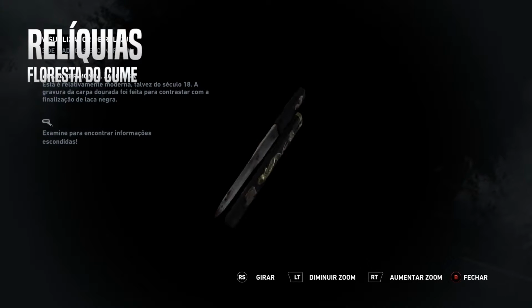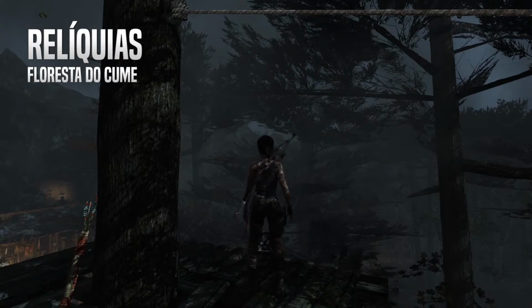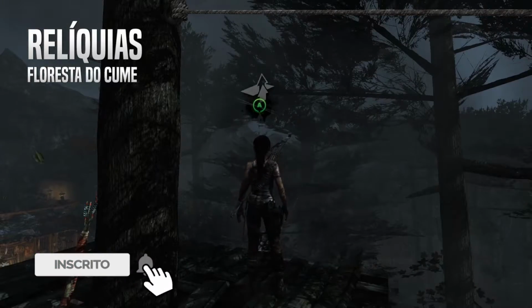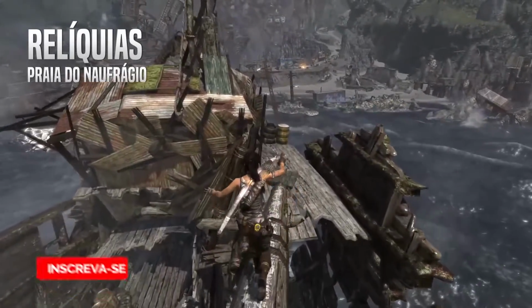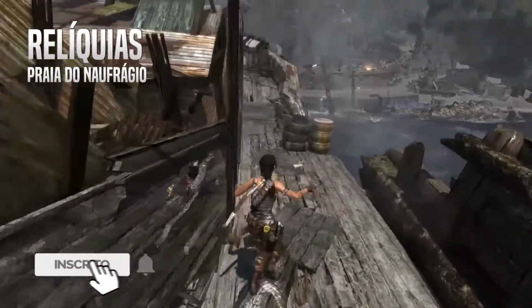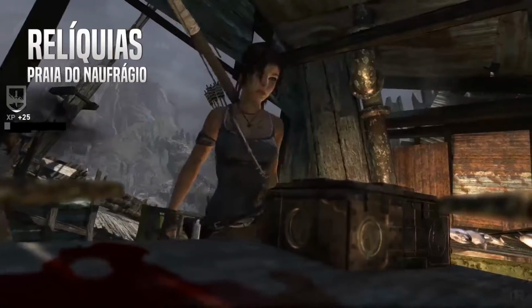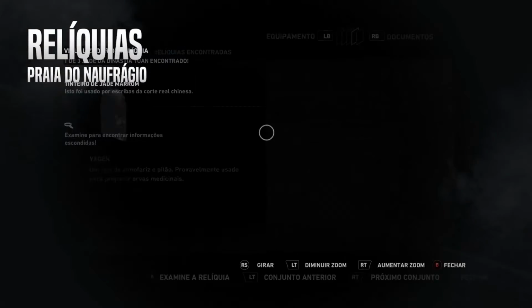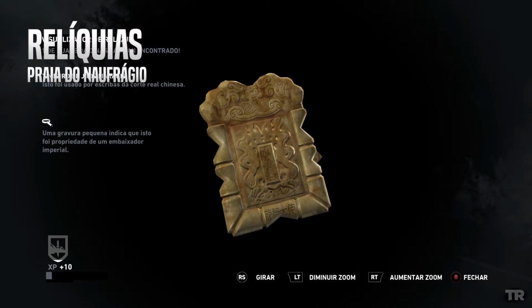This is fairly modern, perhaps 18 bloodstains. Someone used this knife recently. This was used by scribes of the Chinese royal court. A small engraving indicates...